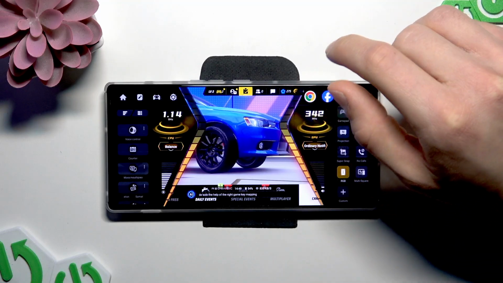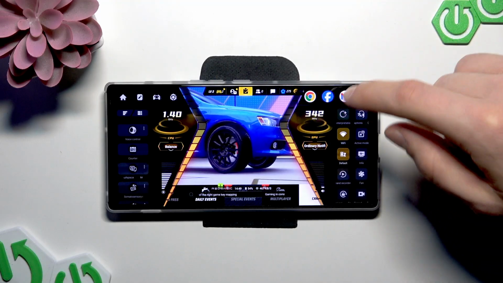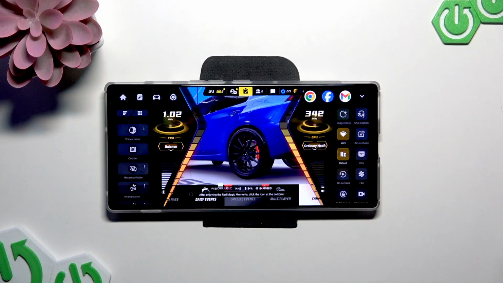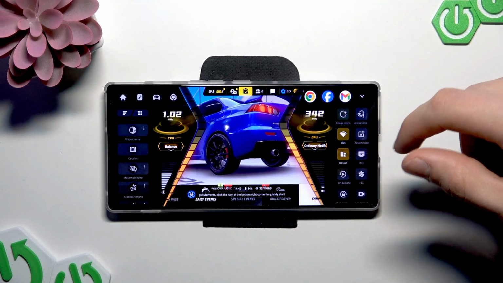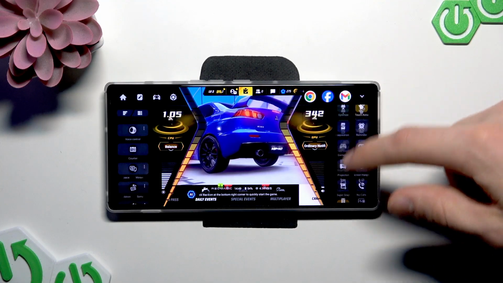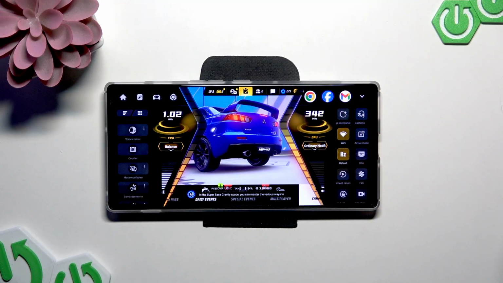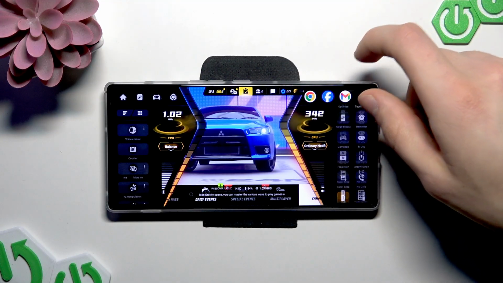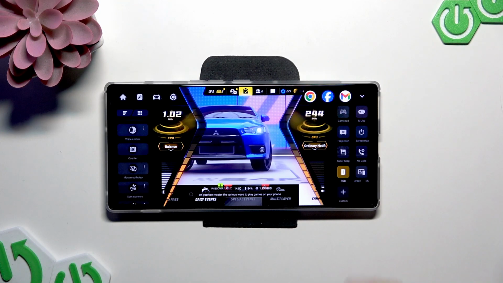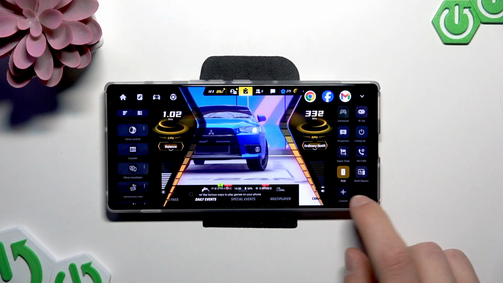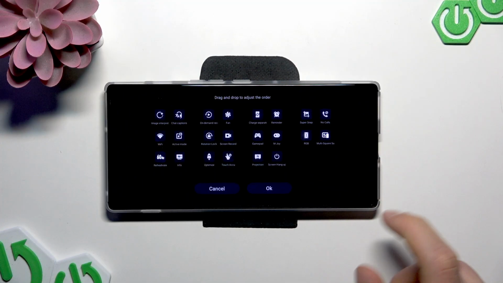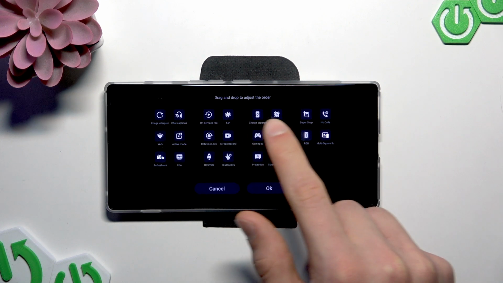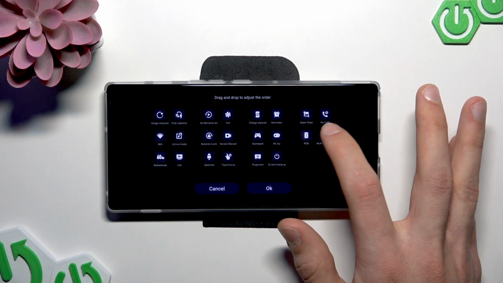what we can do here is basically rearrange the order of these plugins so that we have quick access or quicker access to the ones that we use more often. And to do that, we just have to swipe to the very bottom of one of these two columns and select custom. If you are on the right side, just tap on custom and then drag and drop a column